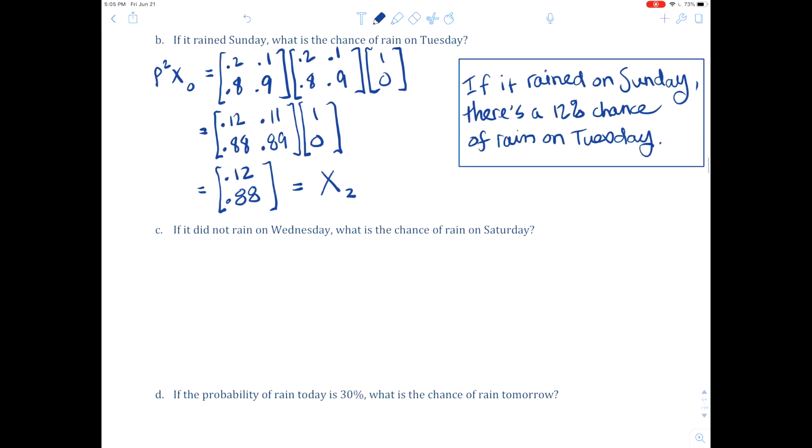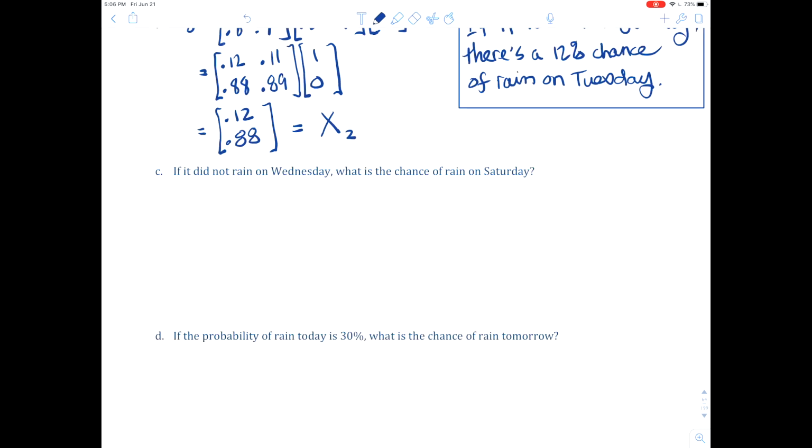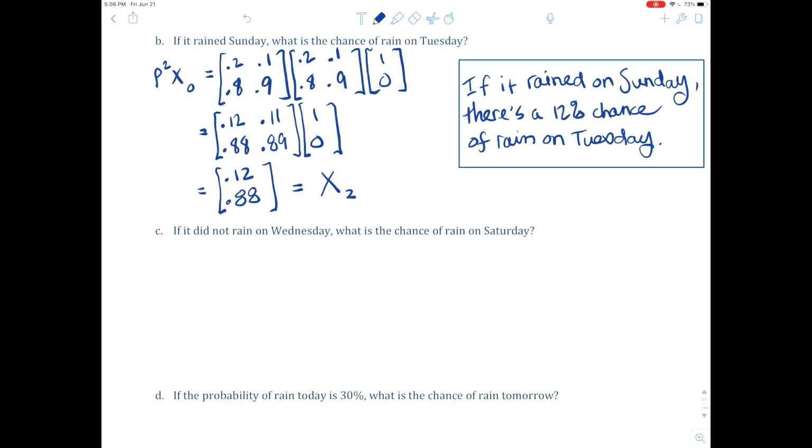All right, now let's look at this next one. If it did not rain on Wednesday, what is the chance of rain on Saturday? Okay. Well, here we go. What are we going to have to change? Do you see the P matrix is going to stay the same, right? Because those probabilities don't change. And let's see, how many days is going to be between them? So Thursday, Friday, Saturday, right? So you're going to be cubing our transition matrix times,